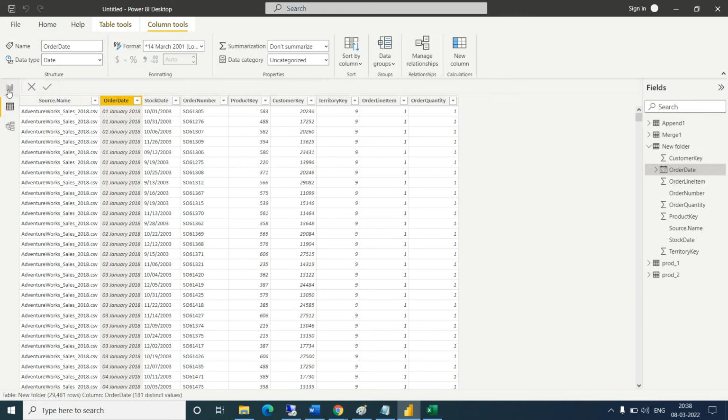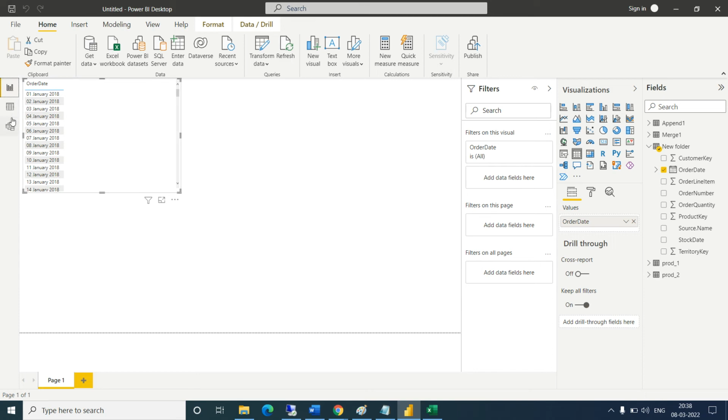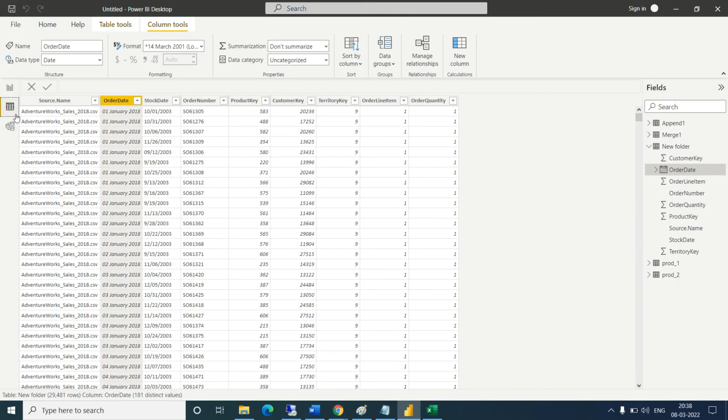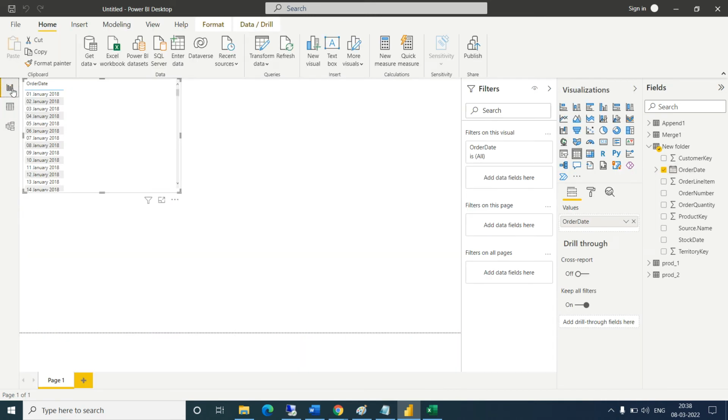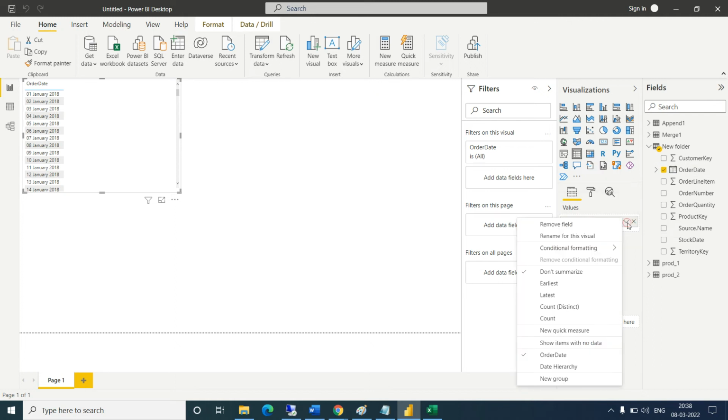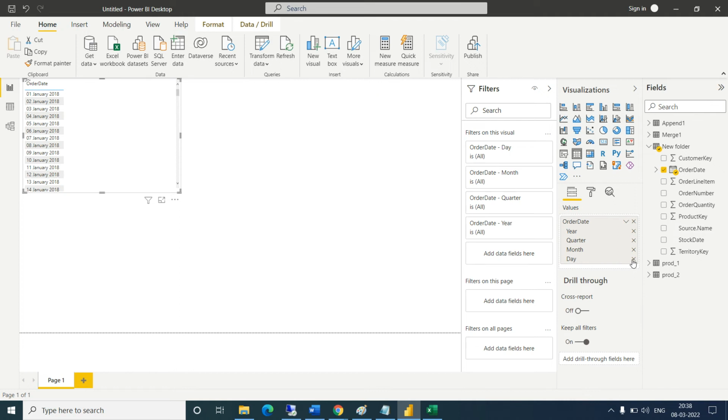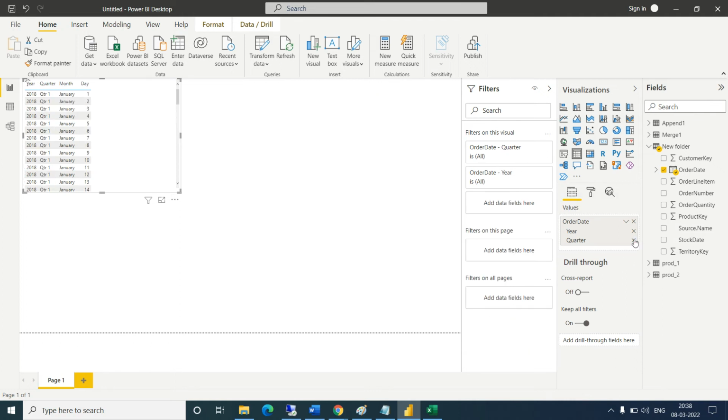Now go back to the visualization. We will go through this view later; we have not started that yet. Just for understanding, I am taking this. Right now it is a date field. Now you can see a calendar showing here. Calendar means this is a date type. So I want to extract the year from the date hierarchy: year, quarter, month, day.